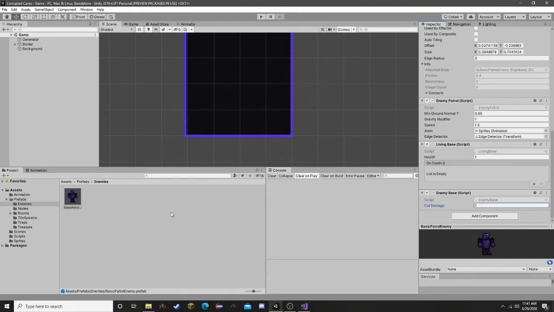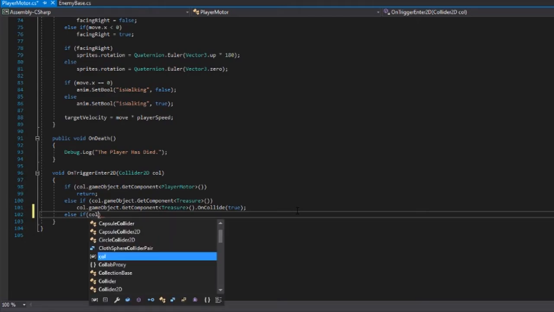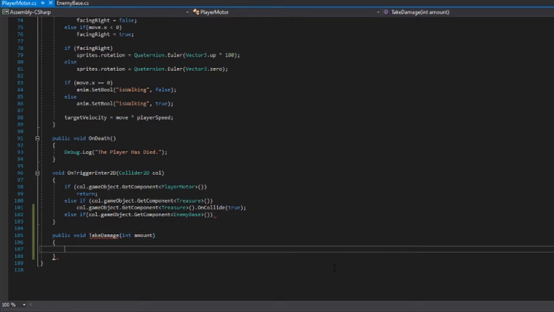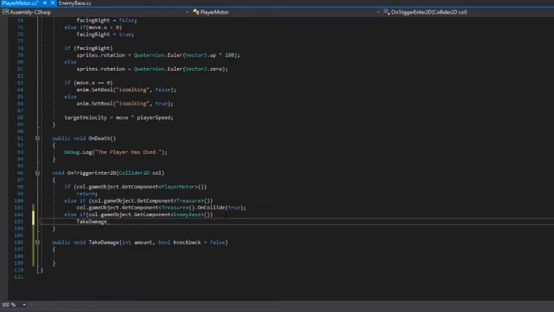Then back in the PlayerMotor script down here, we are going to do another else if the collider gameObject GetComponent is equal to, what's it called, EnemyBase. Then what we're going to want to do is call a method called, I guess, TakeDamage, with an int amount. And we'll have a bool called knockback, and we're just gonna default that to false. But we're going to do TakeDamage. The amount is gonna be